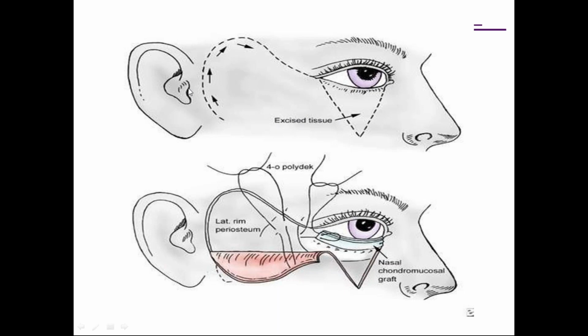You can see here, this is the ear, this is the eye, and this much tumor has been excised. So you have to raise a flap in front of the tragus. From here you have to raise a flap, separate the skin, get it over the defect, and then suture it. So you raise a flap from the skin and then you suture. This is an example of reconstruction of lid for large defects.